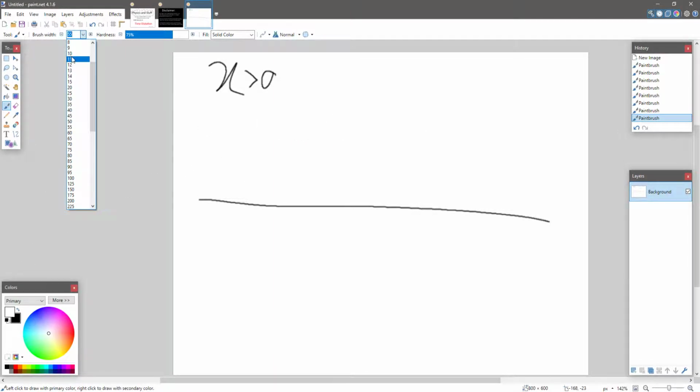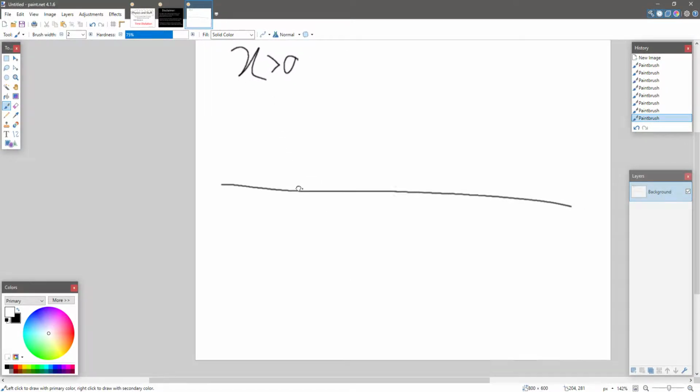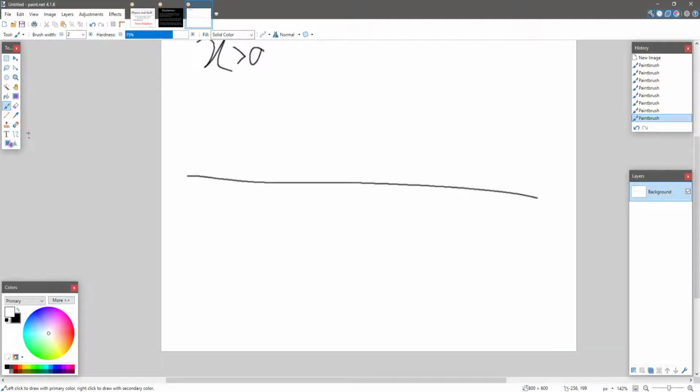So, now that that's out of the way, how do we actually change this x value? Well, it's pretty simple. Not really. So,